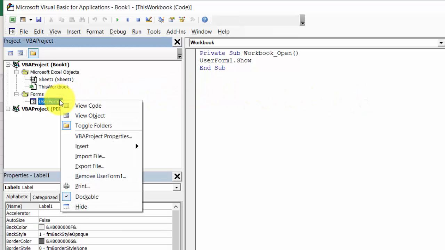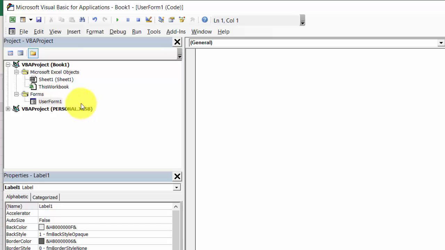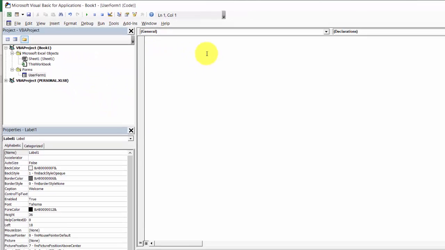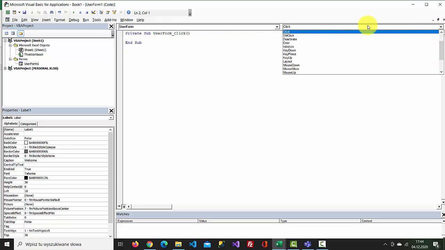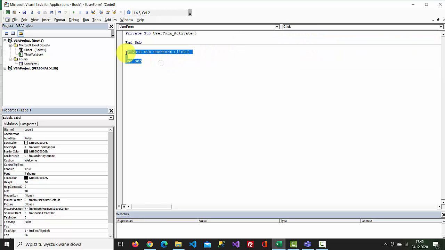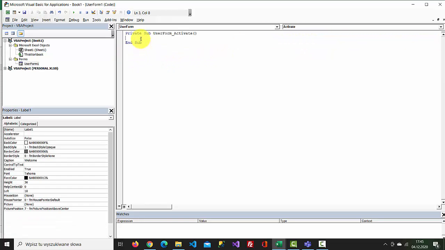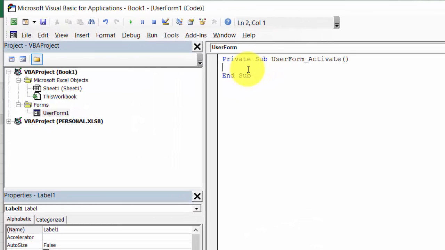Right-click UserForm, select View Code. From the Object drop-down, select UserForm. From the Procedure drop-down, select Activate. And type Application